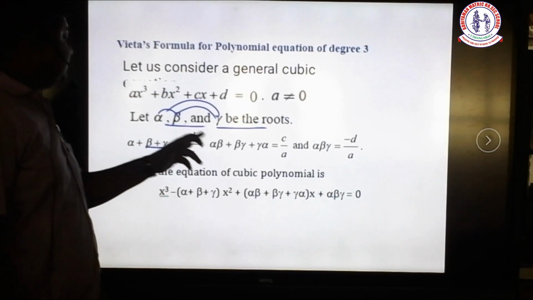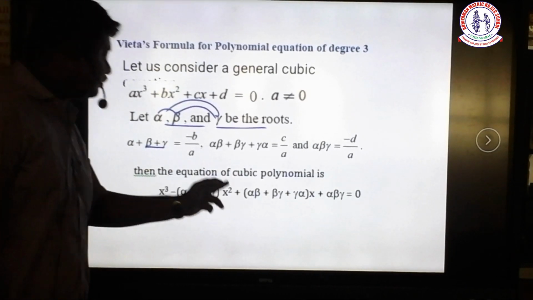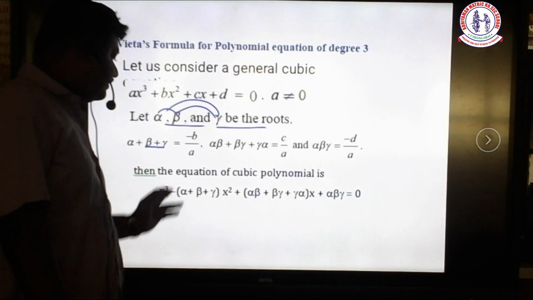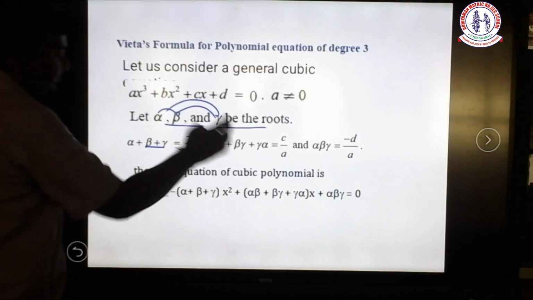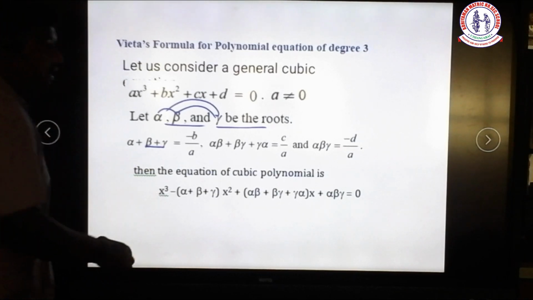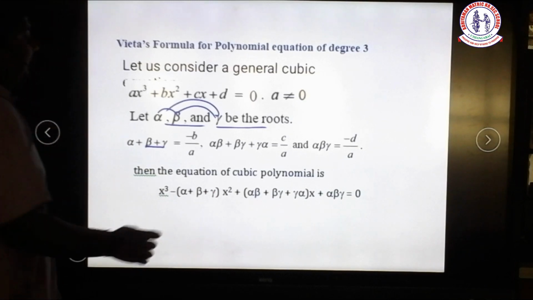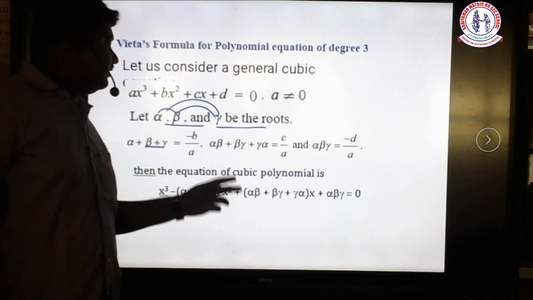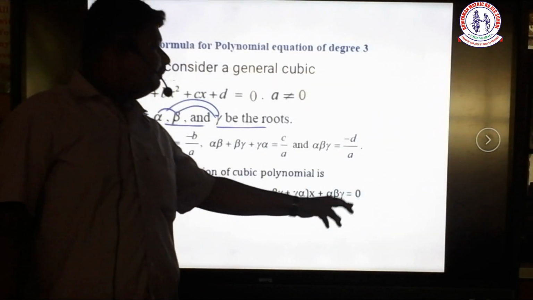Next is the second step. So x cube, x square, x. Once again, the alternating symbol plus, minus. So we put plus, then alpha beta, beta gamma, gamma alpha into x. Finally, the product is the constant term. Once again, this is how to form equations: in quadratic, x square, x, constant term; in cubic, we start with x cube, alternating symbols, plus, minus. The first step is the sum, alpha plus beta plus gamma, into x square. Next, you put plus, we have two terms, alpha beta, beta gamma, gamma alpha into x. Then the final one is the product, alpha beta gamma, equal to 0.